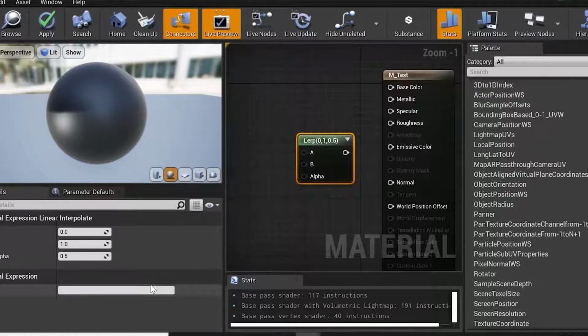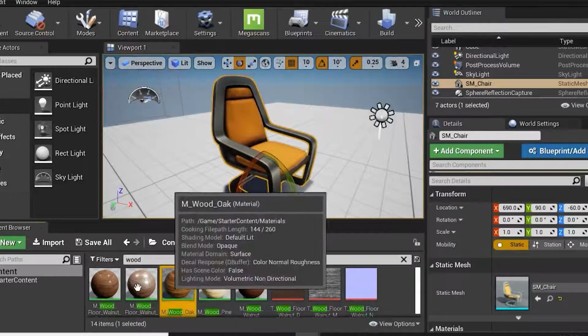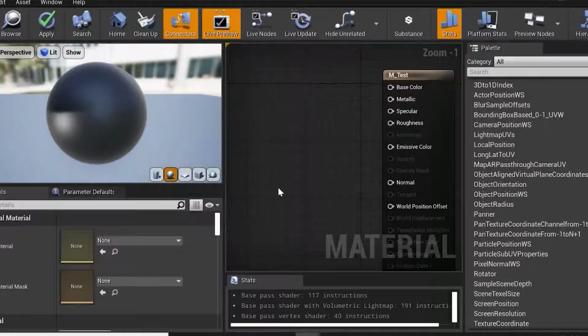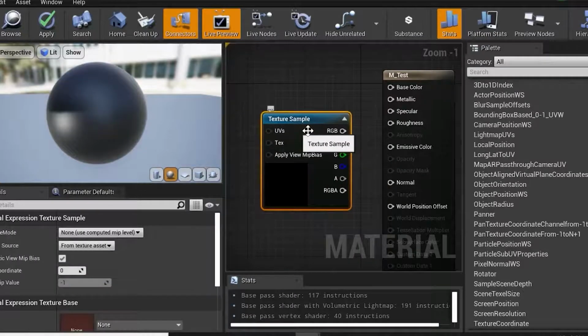I just refresh the screen over here. I don't require the T. Delete. Select any material which comes into T. Left click. Yes, texture sample. It takes some time, 2 to 3 seconds. You will see that texture will come over here.